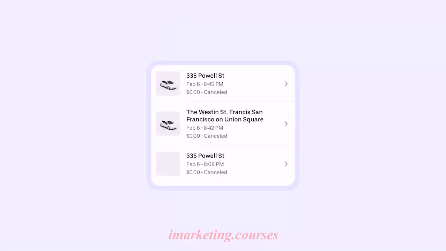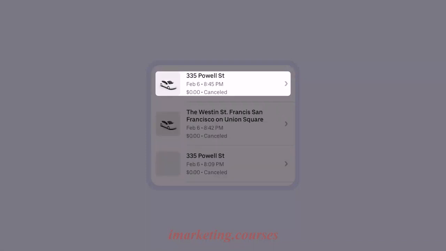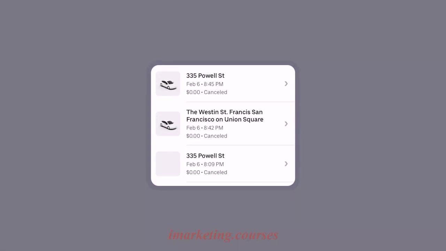The anatomy of a list in UI design typically includes several key elements: the list container, the list item, the item content, the dividers, and the interactive elements. Let's start with the list container. This is the outermost element that contains the entire list. It can be designed to have a border, background color, or another visual styling to differentiate it from the rest